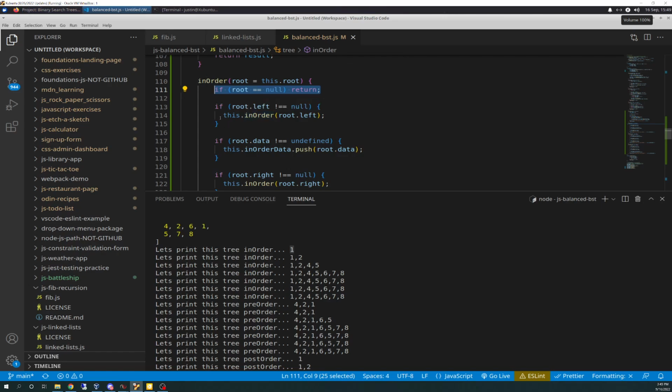So we're going to recursively reapply inOrder and loop through that over and over again. If root.data is undefined, so basically once we finish left, we're going to go to undefined. And if root.data is not undefined, we're going to push the root.data into this.inOrderData,